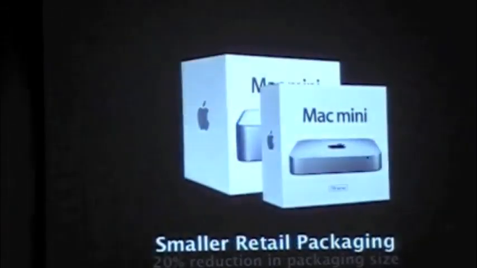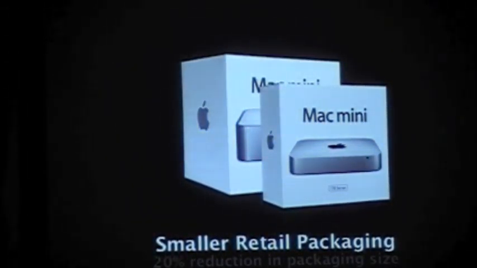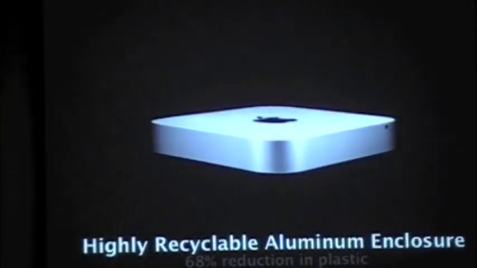Built-in power supply. Okay, yeah, and the same kind of packaging. And anyway,